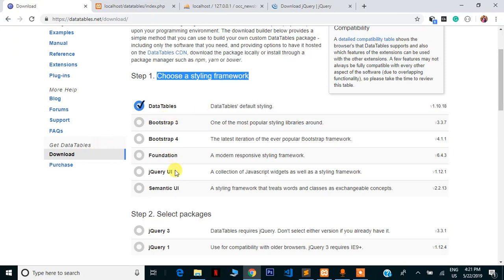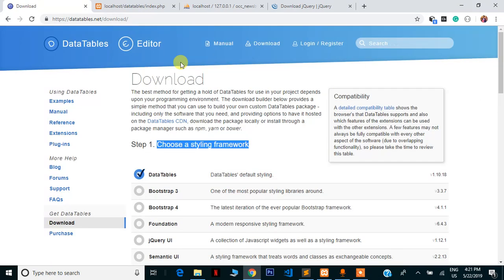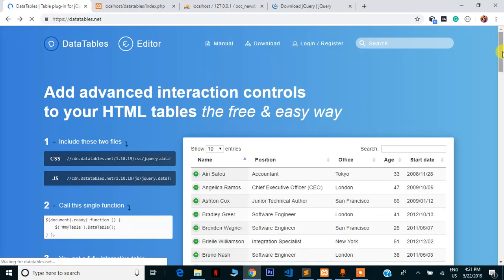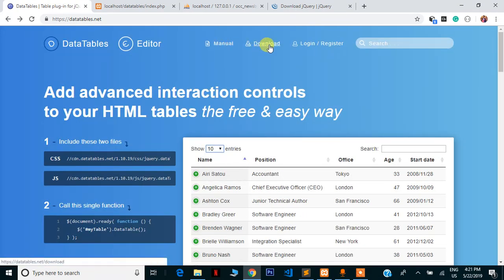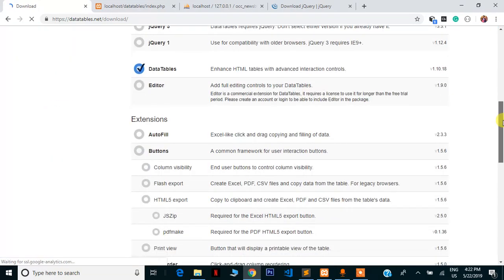It's not listed on the list, and somebody asked me to do a video about it. We get problems with this. Let me show you first. Somebody using the Materialize CSS framework gets a hard time with this select menu. Somebody using the Materialize CSS framework won't be seeing this menu, and that's what we are going to be doing in this tutorial. So let us go back to the download page, scroll down,